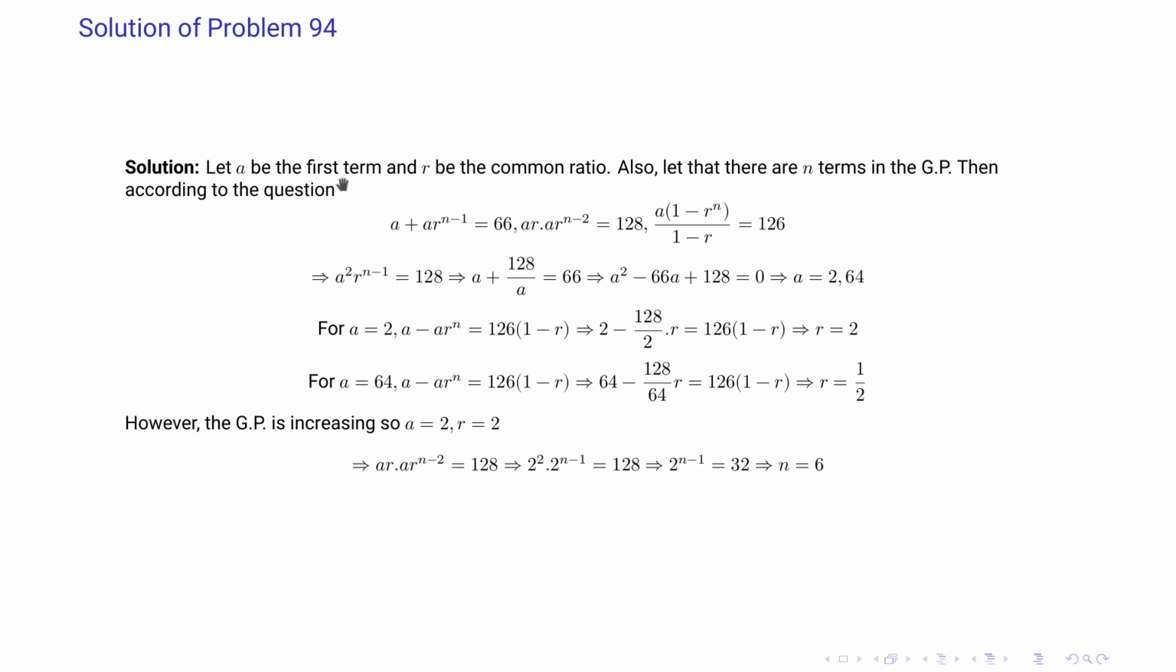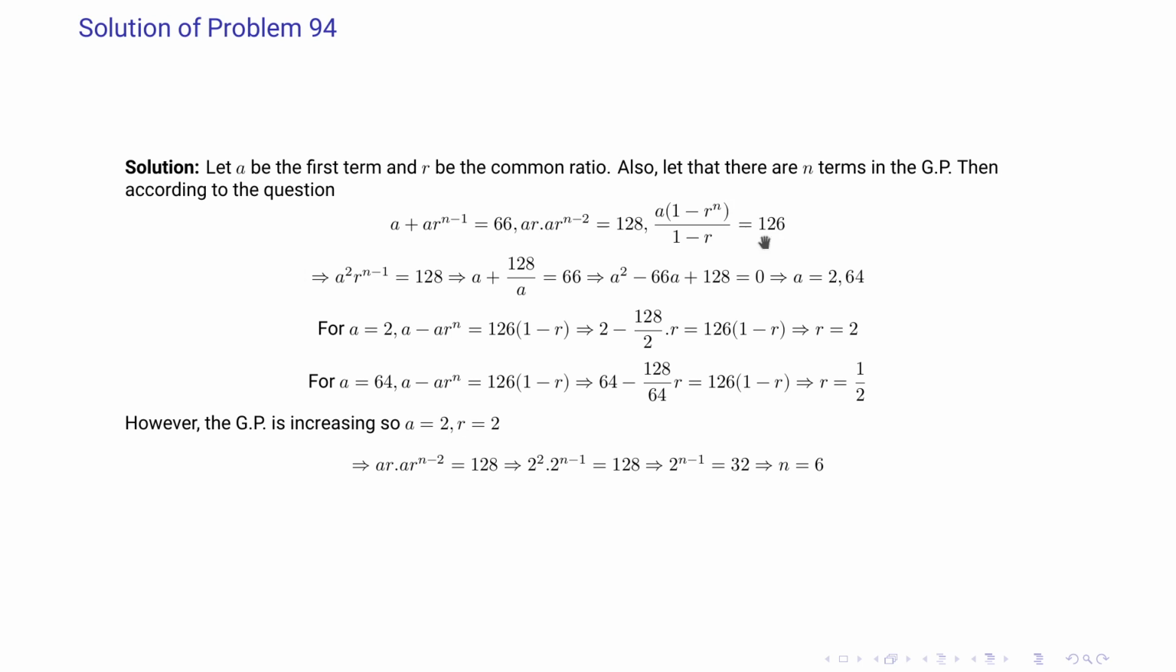So we let A be the first term, R be the common ratio, and we also let there be n terms in the GP. Then the sum of first and last term is A plus AR to the power n minus 1, which is 66. The product of second and last but one term is AR into AR to the power n minus 2, which is equal to 128. And the sum of the series, A into 1 minus R to the power n by 1 minus R, is equal to 126. So we have three equations and three unknowns, A, R, and n. So it's a straightforward